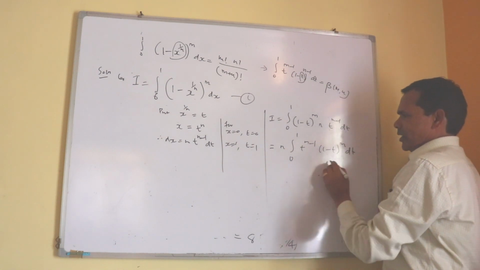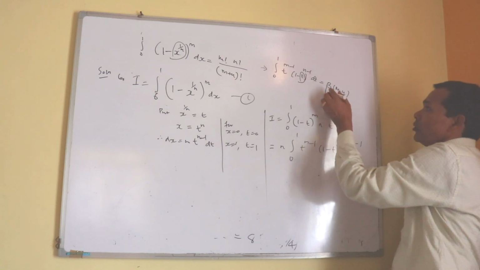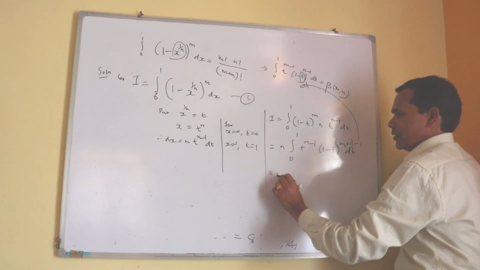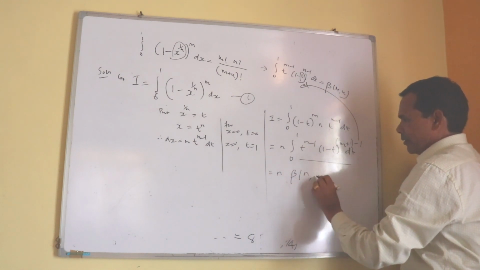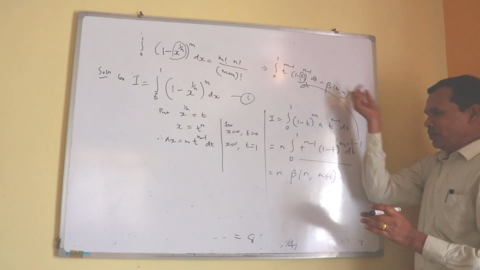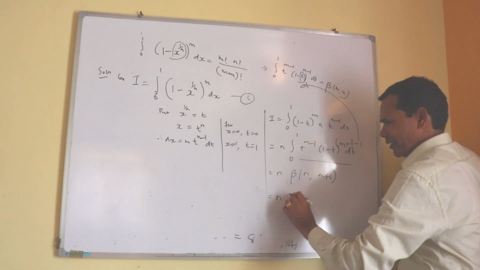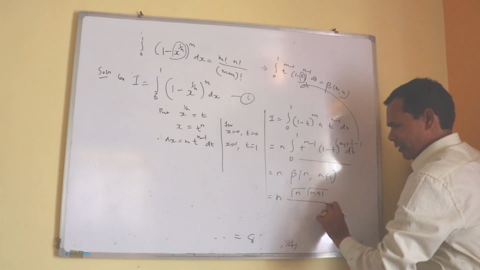I write this as m plus 1 minus 1 in order to have this particular form. So it is n times beta of n, m plus 1. Using the relation between beta and gamma functions, this is n gamma n, gamma m plus 1, divided by gamma